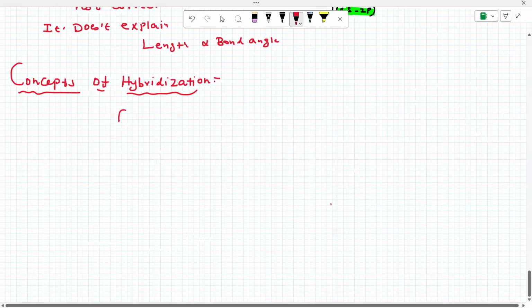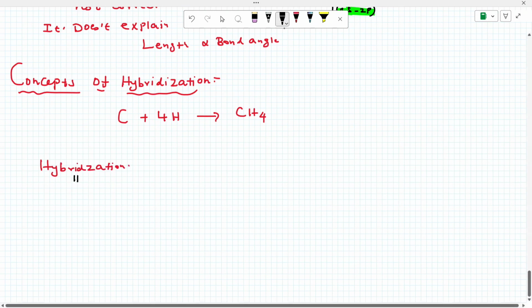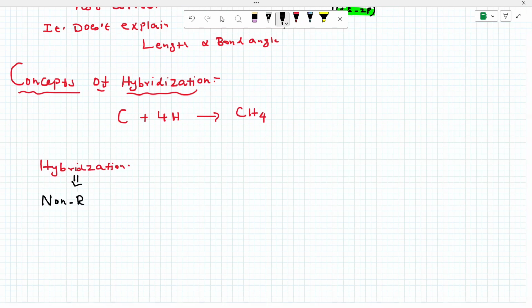Now this carbon plus 4 hydrogen to form CH4. Now, what is hybridization? We explain now. Hybridization. First point, it's a non-real assumption. First, it's an assumption, okay? It is non-real. Actually, it's an assumption. Actually, now what is hybridization? The redistribution of the energy level. Please note. It's a redistribution of